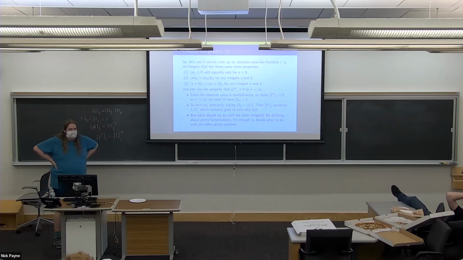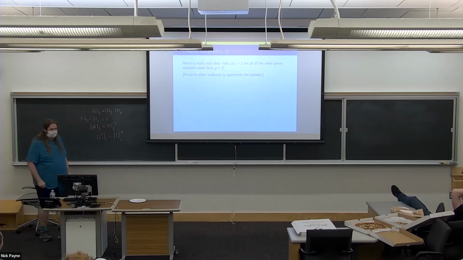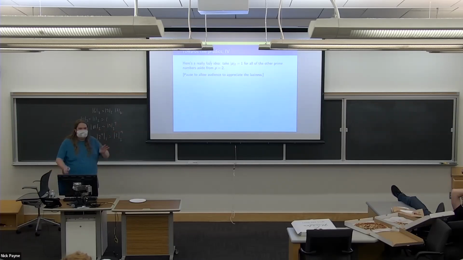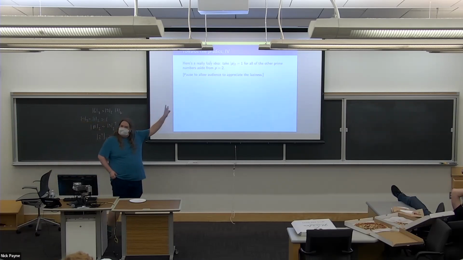What should I do with the absolute value of 3? Absolute value of 5? All 1. Well, I like that idea. It's very lazy, which is why that's what we're going to do. This is the laziest thing that I could think of. Just take all the other primes to have absolute value of 1. Now, as a matter of fact, this turns out to be the only thing that you could do that will satisfy the triangle inequality, but secretly you don't know that yet. But you say, all right, let's do the laziest possible thing and just see if this works.